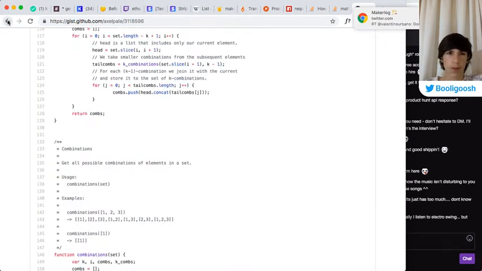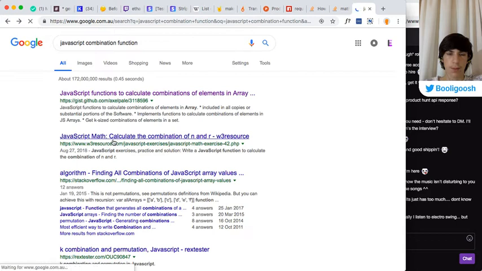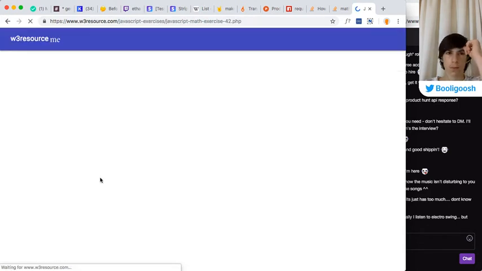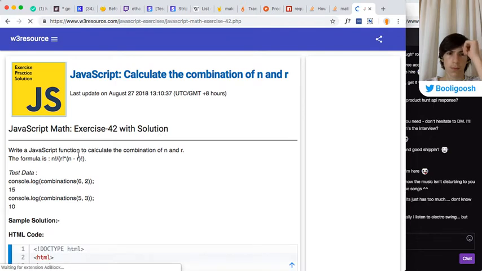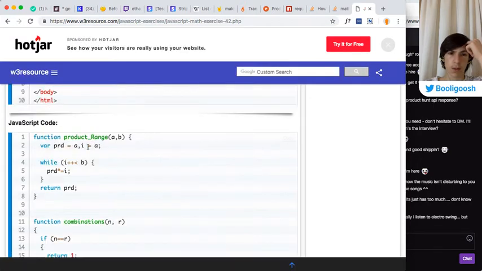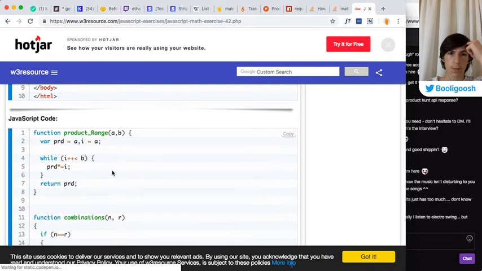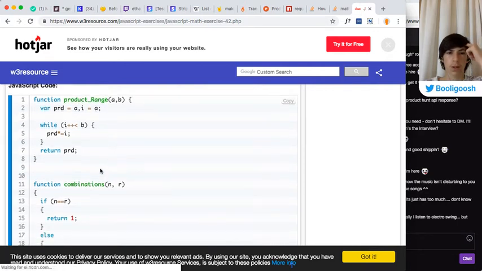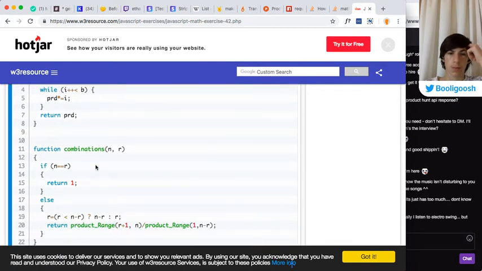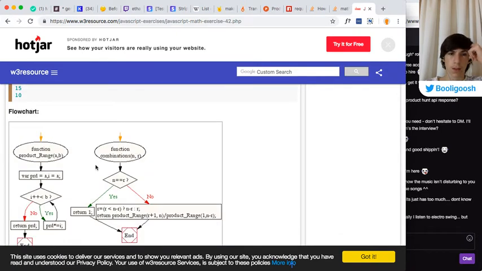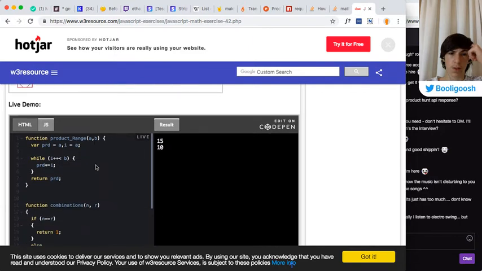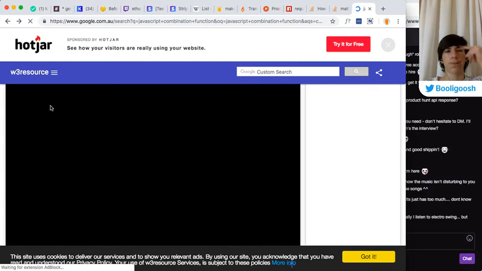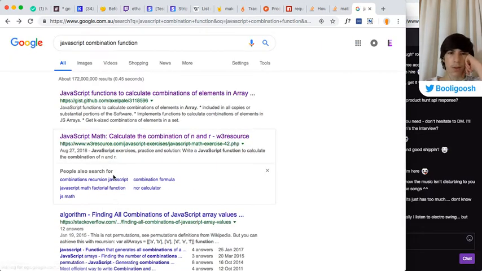Okay, nope, this is way too complicated. What's this? Combinations. This is a weird way of doing things. Maybe the other one, this one, that looks good.